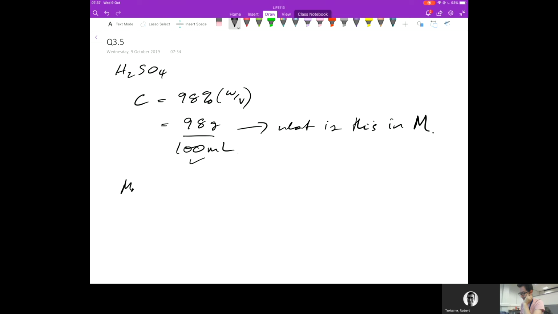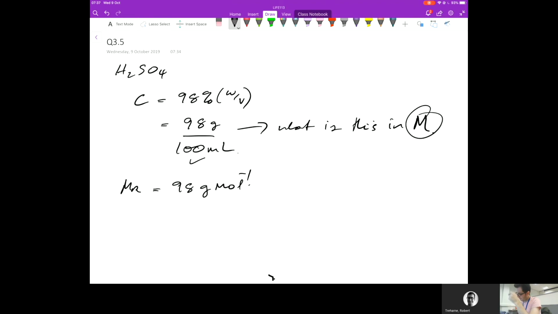And I know that the molar mass of H2SO4 is 98 grams per mole. So to do that,